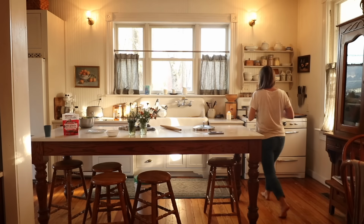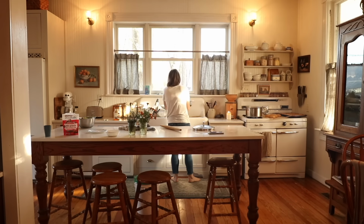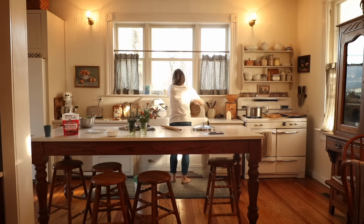Guests coming today and I want to get this place tidy and relatively clean from top to bottom. I sent the kids all outside and I'm going to try to tackle this job in less than an hour. While I do so, I want to tell you about a shift I made recently in how I approach the